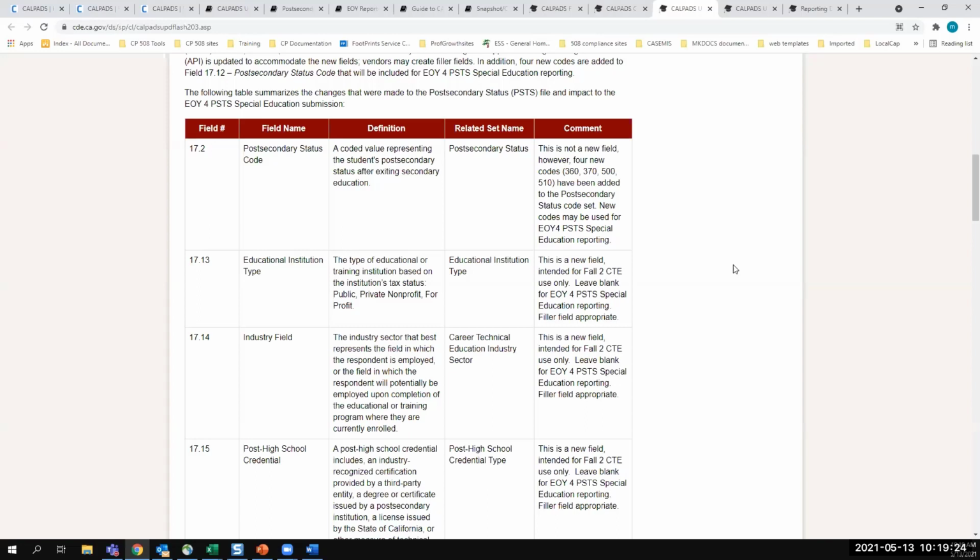So for PSTS, you can submit more than one status of the student. If your SEDS vendor is capable of extracting multiple statuses, that's well and good. However, if they can only,